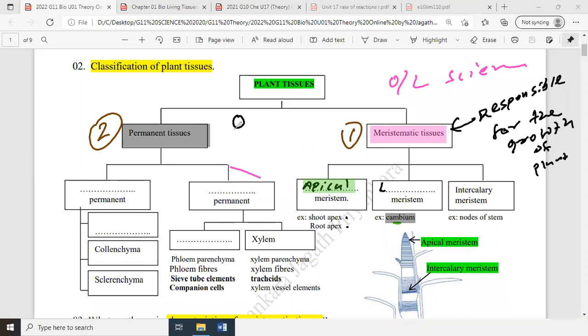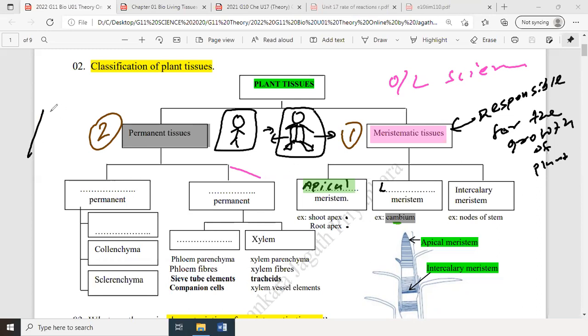Now what happened to most of the people? If you take too many nutrients, we get obesity. So you are not growing tall much, you go laterally. Most of the people are like that now. But plants are not like that. This plant also can grow laterally like this, but